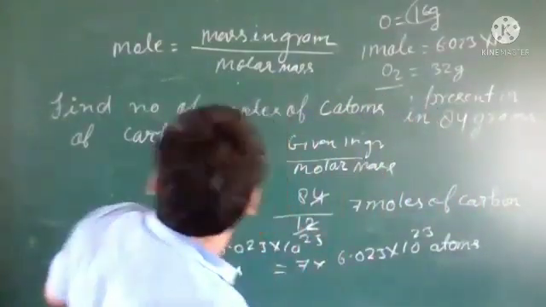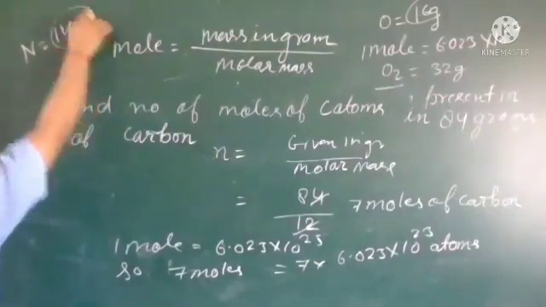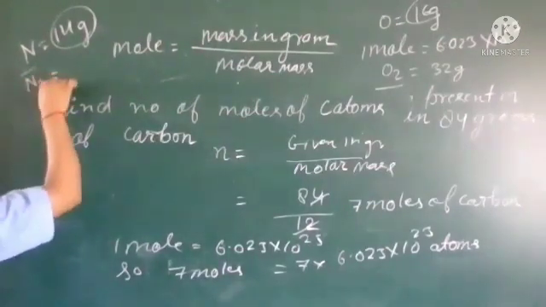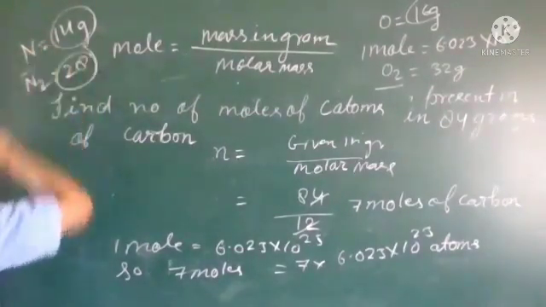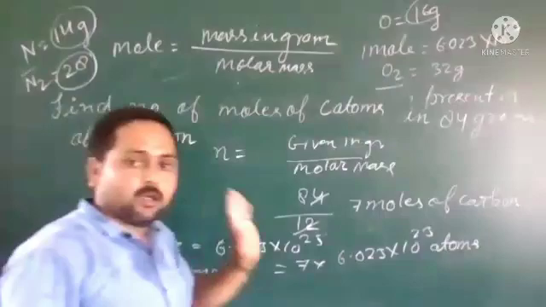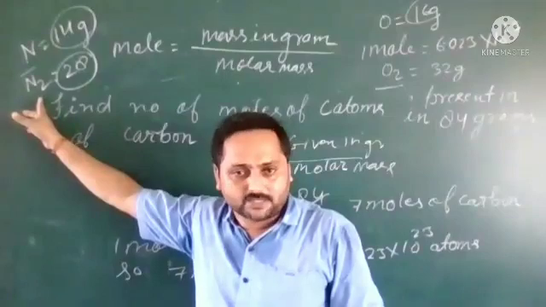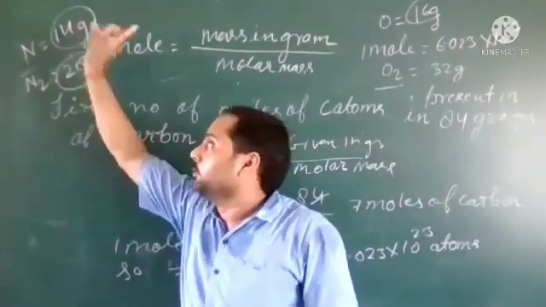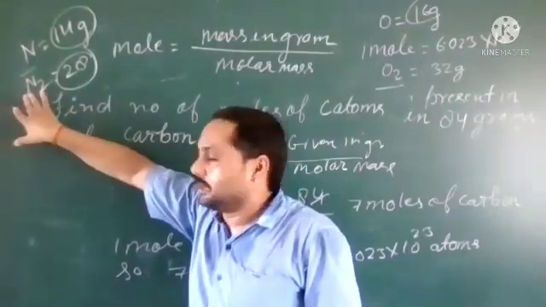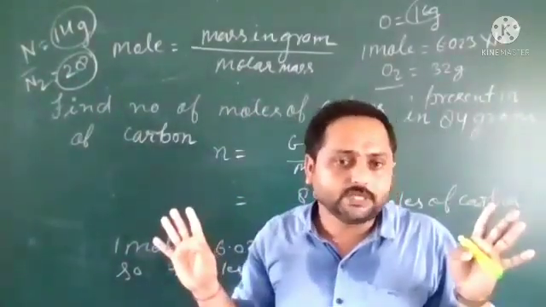Like this, I put it somewhere else. Just you see here, nitrogen is 14, so this is the mass of one atom. But if I write N2, this is 28. This is the mass of one molecule. Two atoms are there in one molecule. One molecule mass is this, and one atom mass is that. And in one molecule of nitrogen there are 2 nitrogen atoms, so we can also say this is equal to the mass of 2 nitrogen atoms. Got it?